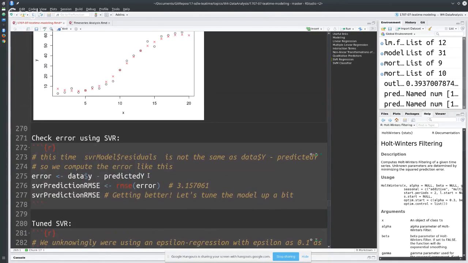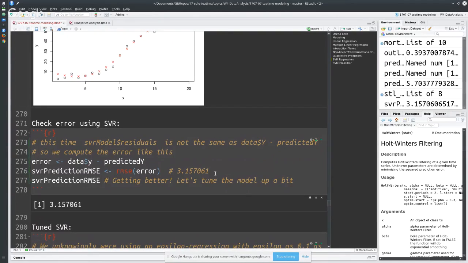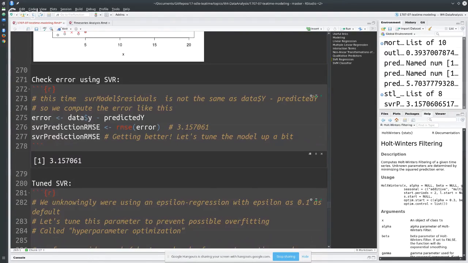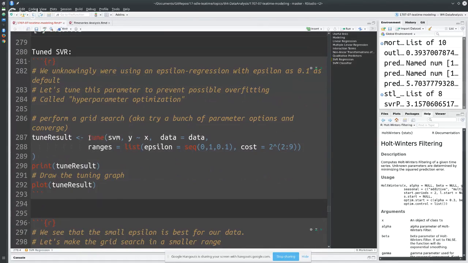And so let's check the error of that, using that RMSE function that I made above. Okay, we see that the error is reducing. So it's definitely getting better, but let's try to tune this model a bit, see if we can get some better parameters for predicting. So that svm function, we have 1 minute left, so we'll go quick, that's called epsilon regression. We're trying to minimize the cost function. So if we simply tune those results using the tune function,